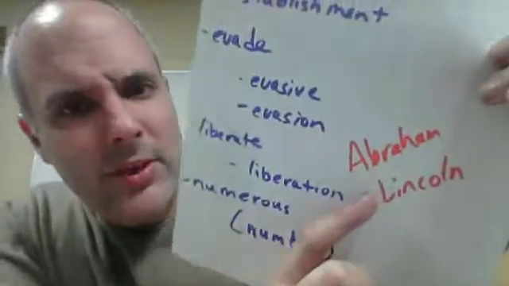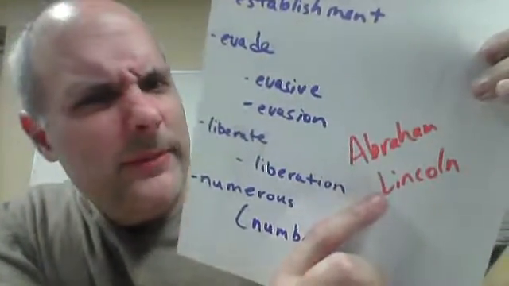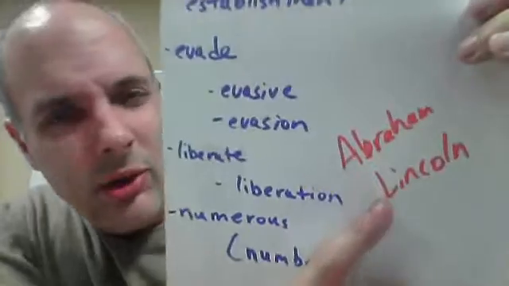Okay? So somebody is in bondage and then you liberate them. You make them free. Okay? Abraham Lincoln freed American slaves, especially American black people, by 1865. Okay? So Abraham Lincoln, president. I think he was the 15th president. Someone might tell me I'm wrong, but